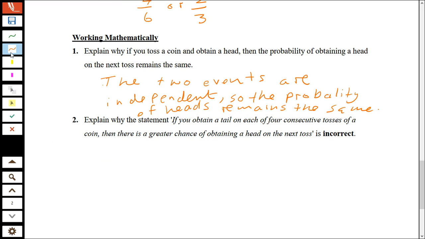Now, last bit. Let's change colours here. Explain why the statement, if you obtain a tail on each of your 4 consecutive tosses of a coin, then there is a greater chance of obtaining a head on the next toss is incorrect. Well, it's pretty much the same as the previous answer. Okay. The probability of tails remains the same because the events are independent. So I guess that's what you'd be writing down here is